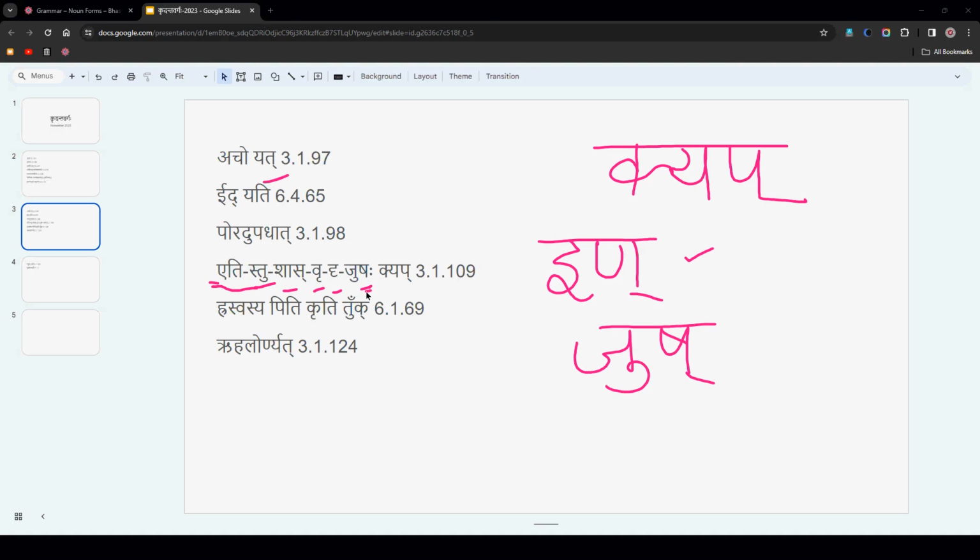I have put dashes here just for clarity, but actually there is no dash, it is a single word: eti stu shas ru dru jushah kyap. Jushah is in the panchami vibhakti of jush. So the overall meaning is: for the in dhatu, stu dhatu, shas dhatu, ru dhatu, dru dhatu, and jush dhatu, kyap